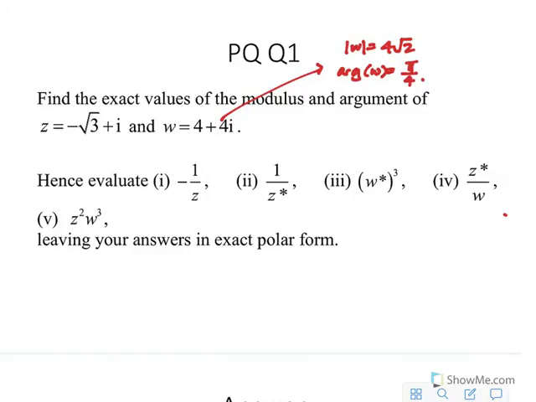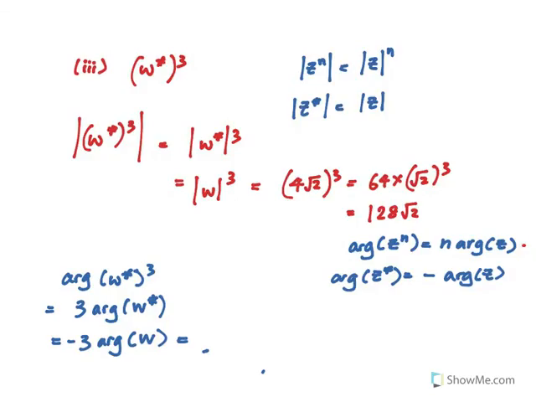And the argument of W, as we found, is pi over 4, so it's just negative 3 times pi over 4, and you have negative 3 pi over 4 to be the argument of your answer in part 3. With that, quickly, we can say that W asterisk to the power of 3 in exact polar form is